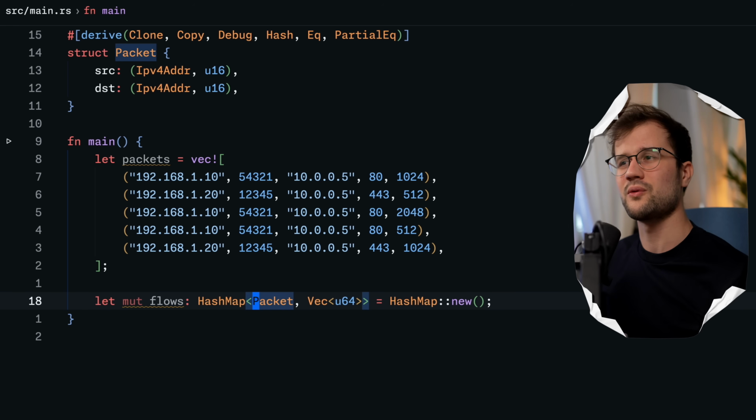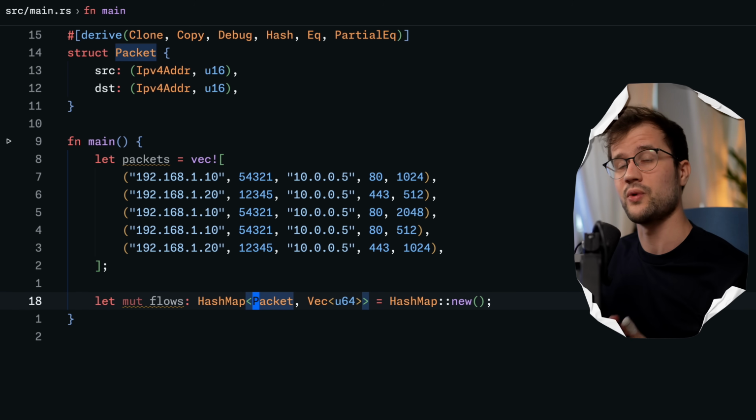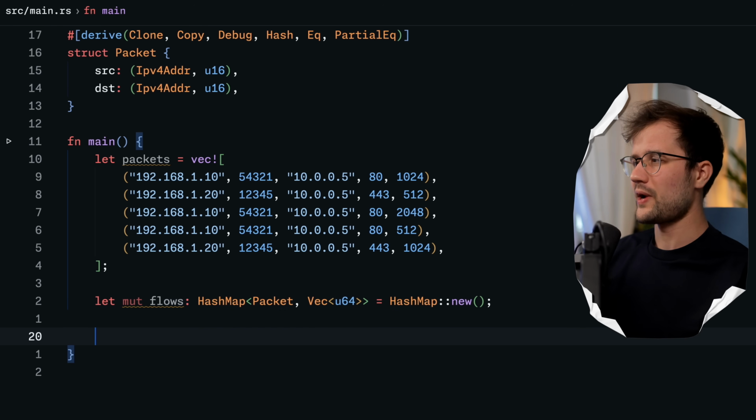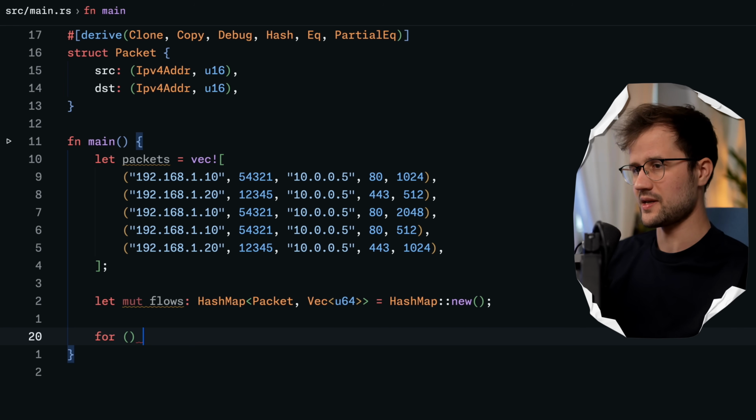Now in real code and a real aggregator, you'd possibly just store an accumulated byte count directly, but just for demonstration purposes we are going to use this right here. Alright, and with that out of the way, let's just destructure our 5 element tuple directly in a for loop. So we can actually say something like this: